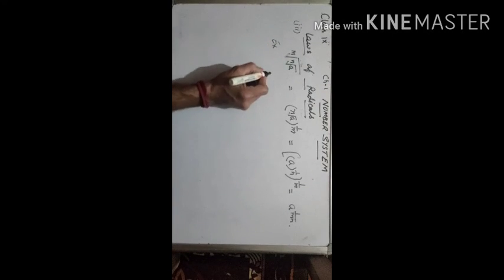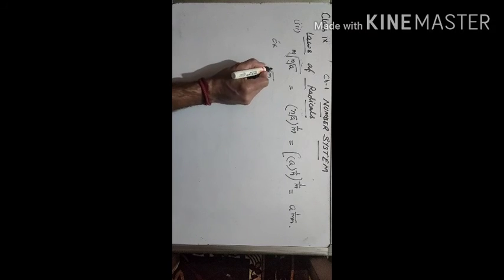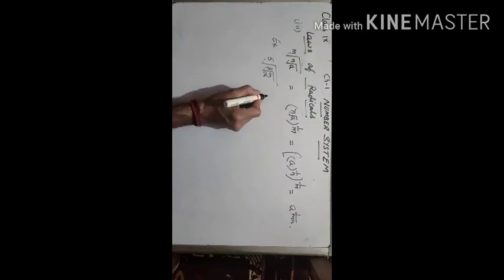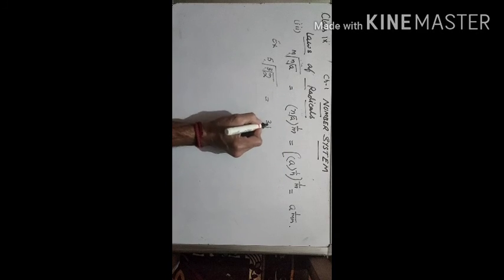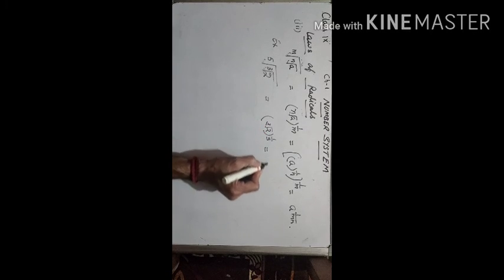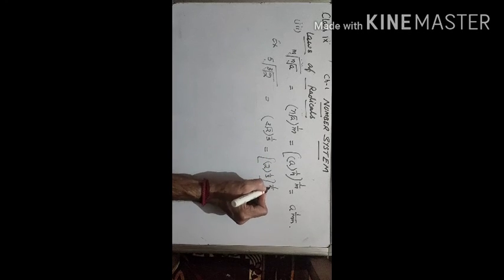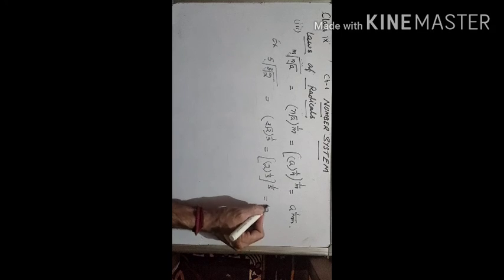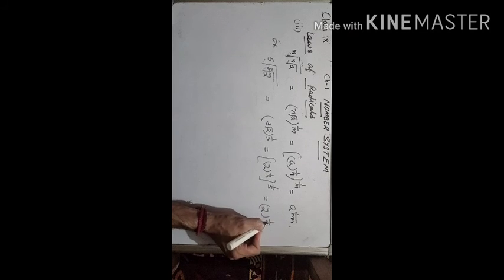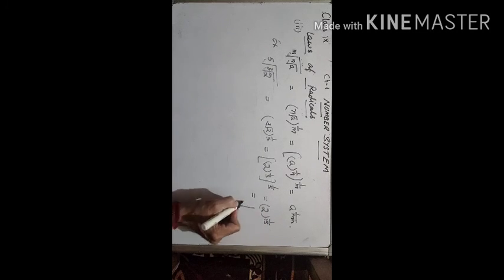Example for this, the 5th root of the cube root of 2, that is equal to, 3 is here, 2 to the power 1 by 3, to the power 1 by 5, that is equal to 2 to the power 1 by 3 to the power 1 by 5, that is equal to 2 to the power 1 by 15, since 3 fives are 15, or you can write it as the 15th root of 2.